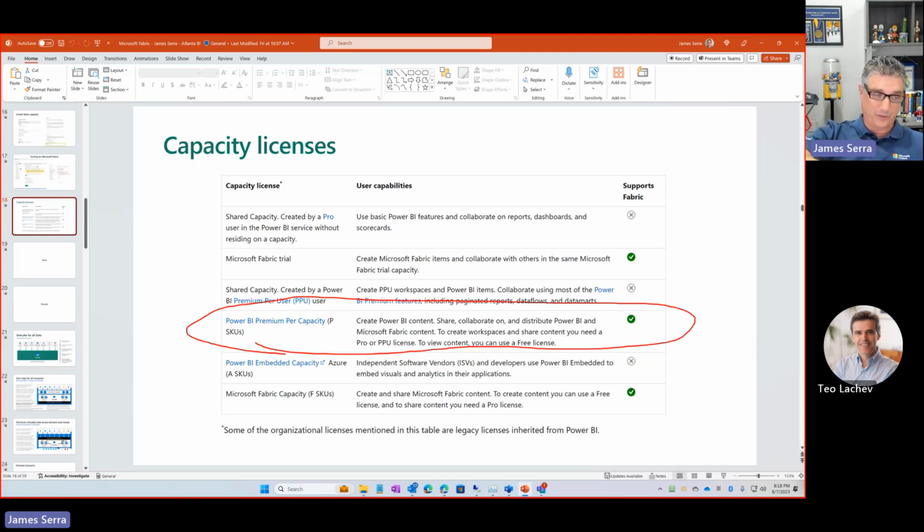Even if you're not using the trial, I think through the end of August, it still is free. But check with a Microsoft rep or send me an email and I'll follow up with you, because I don't want you to suddenly get a big bill. But yes, Power BI Premium gives you access to all the Fabric stuff. Where you've got to pay attention is when am I going to start getting charged for that Fabric stuff? You're always going to be charged for Power BI stuff, but Fabric stuff, you won't be charged now in most